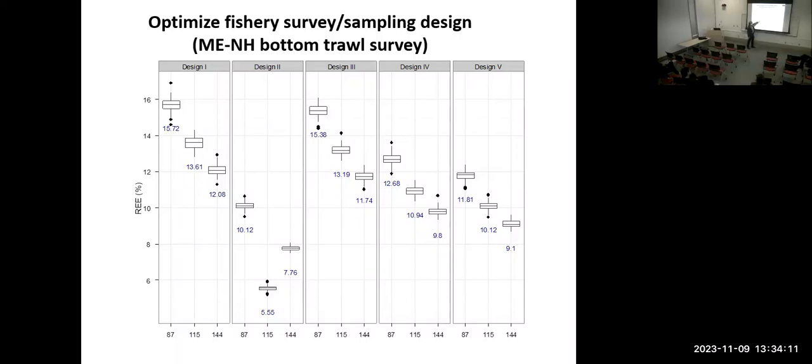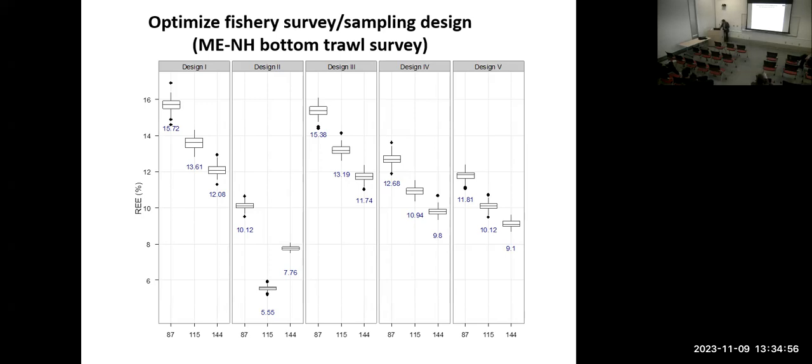But the systematic design has some issues. With 87 stations, the error is pretty high, with 115 stations it's very low, and then when you increase the stations, the error actually increases. So there's a lack of consistency here. When you increase the sample size, you're supposed to reduce the error, right? So this is a kind of weird performance. But you look at the others, comparing this one with this one, and this one has the lowest